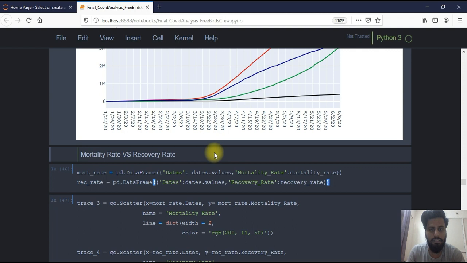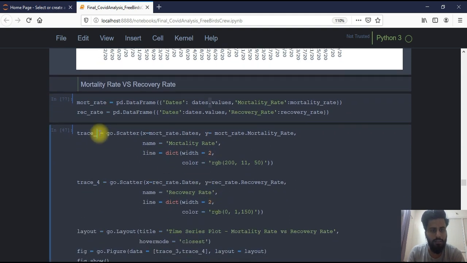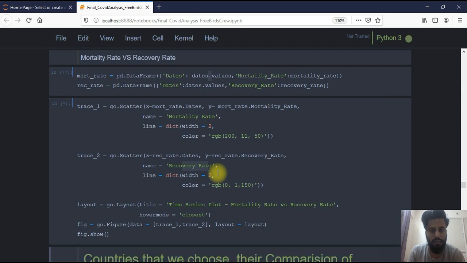So now we just have a short comparison between mortality rate and the recovery rate, and I simply use that again trick to make a data frame from the list and the dates as their column values. So as you can see, I can use trace 1 and trace 2. Trace 1 is for the mortality rate, trace 2 is for the recovery rate, and after this run